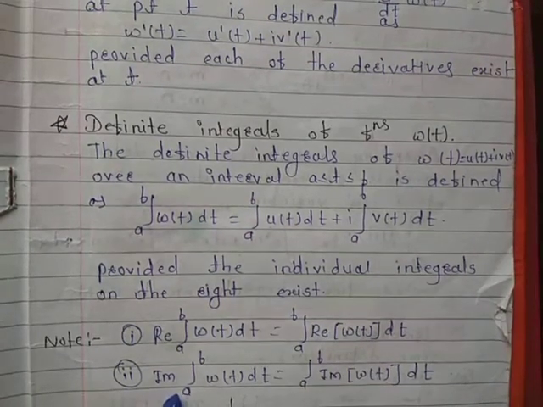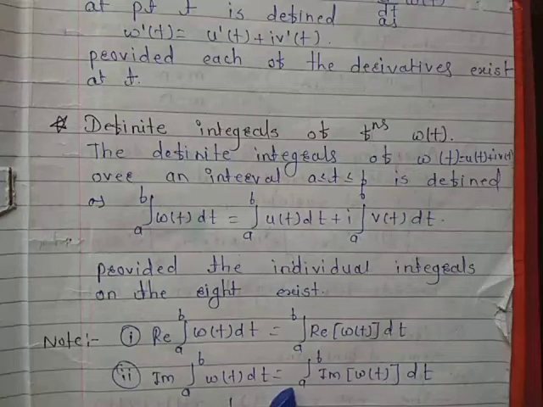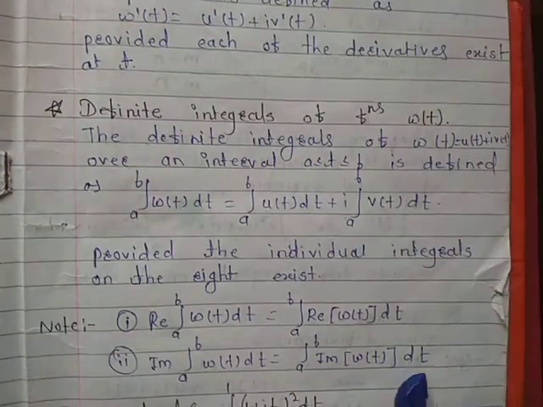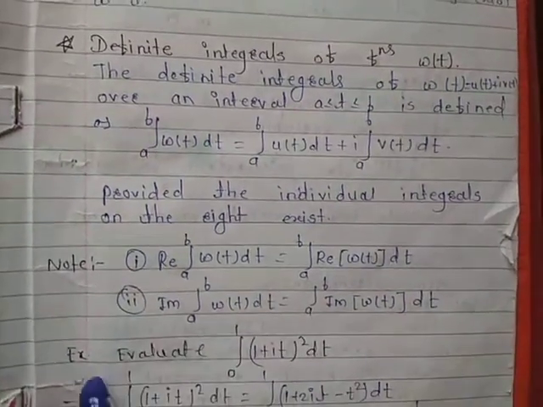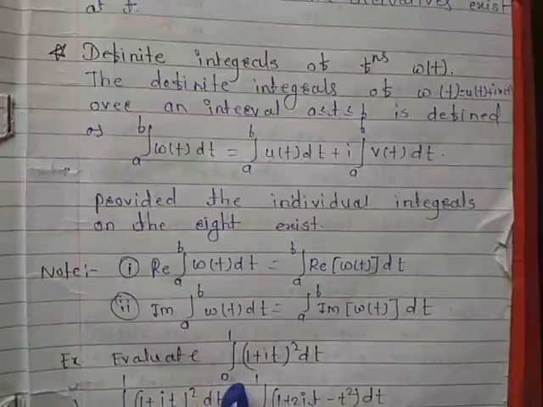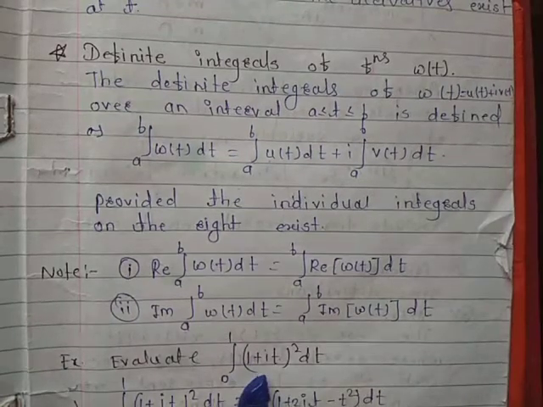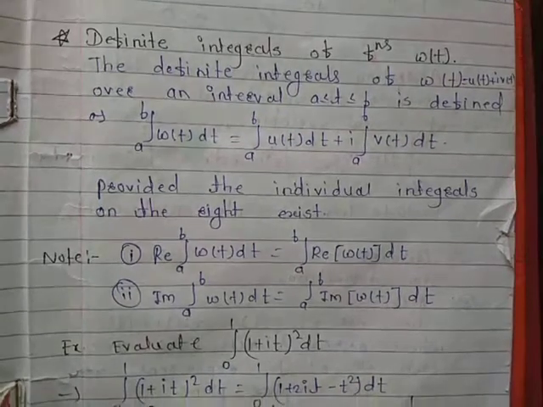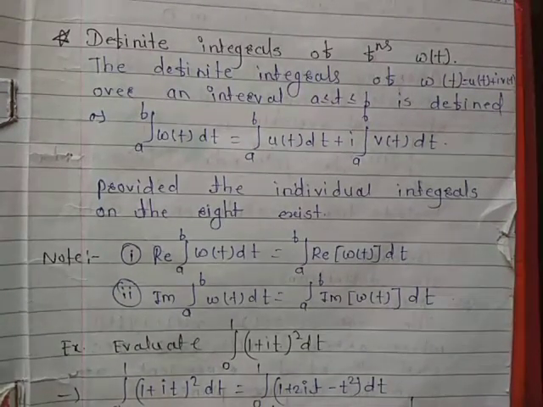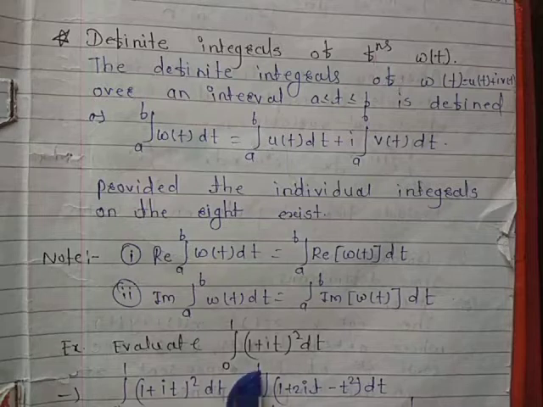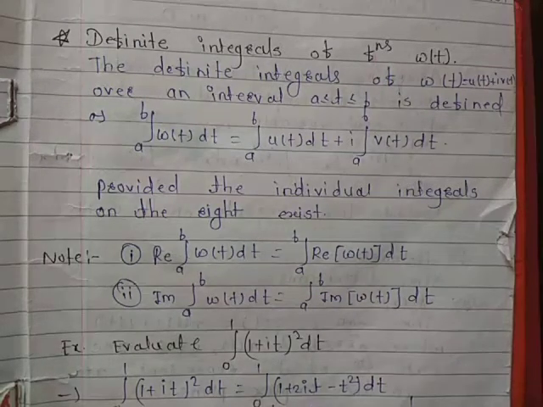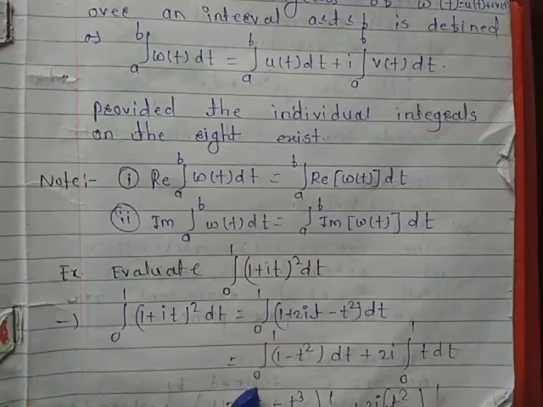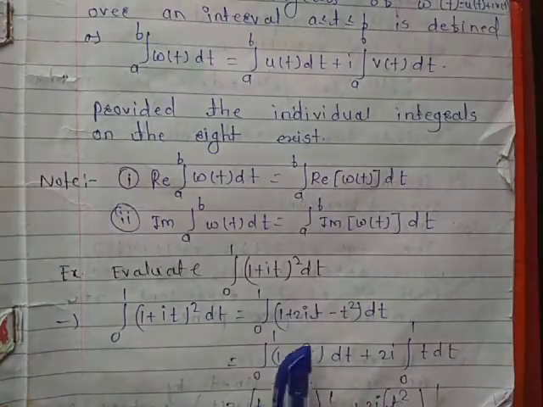Second, imaginary part of integration from a to b omega of t dt is equal to integration from a to b imaginary part of omega of t dt. Okay. Example, evaluate integration from 0 to 1 of (1 plus i t) whole square dt. Solution, expand this bracket, we will get integration from 0 to 1 of 1 plus 2i into t minus t square into dt,